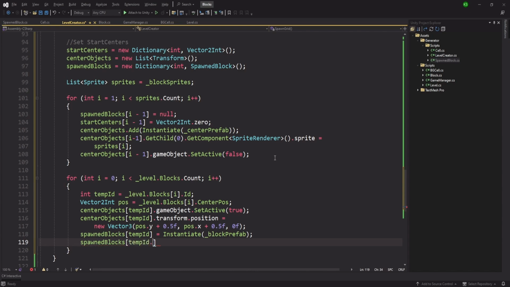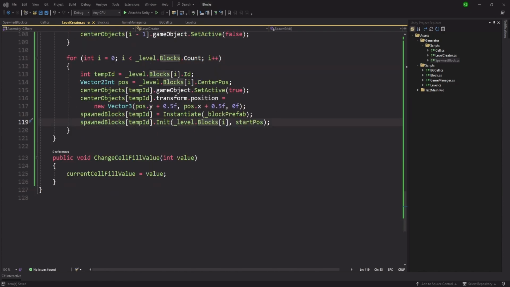and spawnBlocks of temporary id dot Init, and we are going to pass our block which should be inside level.blocks of I, and the starting position which should be the starting position, not block rows, level.blocks. So that should spawn it. We just need to assign the button,